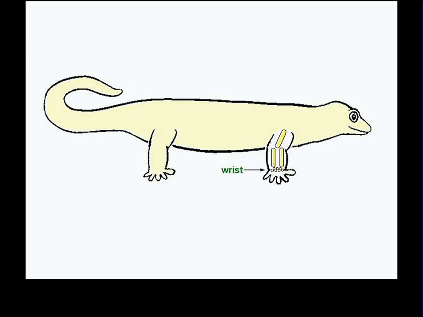Then there are a bunch of little bones distal to the forearm and in a region of the limb that we call the wrist. And those little bones are called carpal bones, and they vary in number from creature to creature. And they form with the forearm the wrist joint. And then within the digits, now we didn't have digits when we had a fin, but we do now, we have 5 digits. And within the digits, there are bones as well. Of course, the part distal to the carpal bones that houses the digits is called the hand,